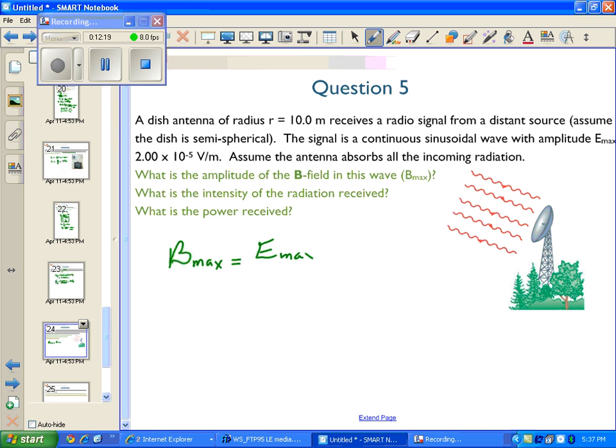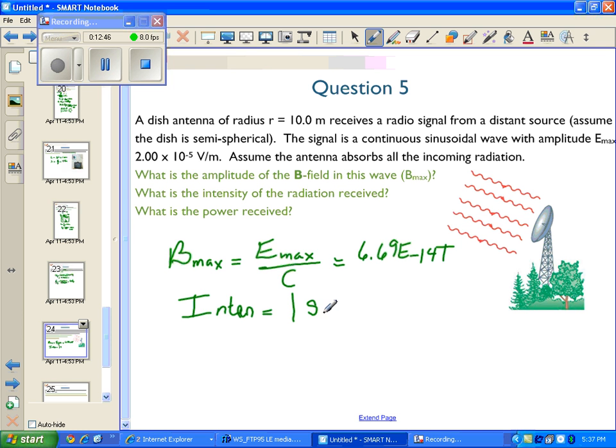And of course, we know the relationship that Emax divided by the speed of light gives us Bmax. We plug in our numbers and get a value of Bmax of 6.69 e to the minus 14 Tesla. Next, we're asked to determine the intensity of this light. Well, the intensity of the light